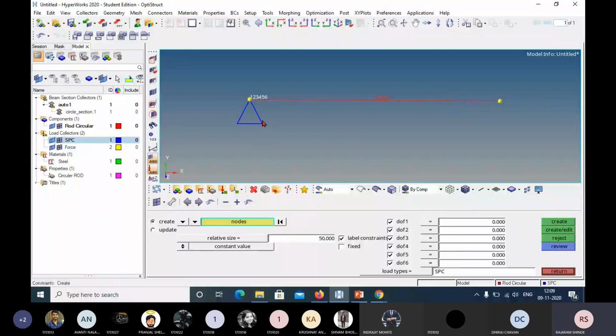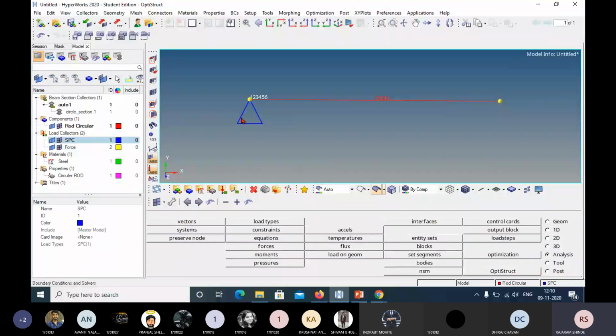Above this triangle you are getting the numbers 1, 2, 3, 4, 5, 6. Have you got these numbers? Yes, sir. These are the 6 degrees of freedom: first, second, third, fourth, fifth and sixth. All degrees of freedom are constrained. Now return from here.